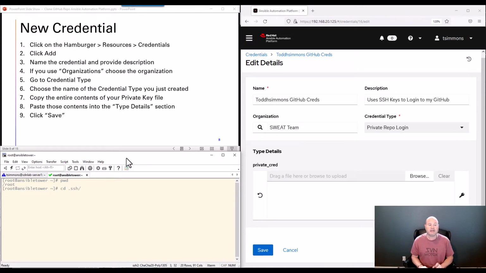So I'm just going to cd to the SSH directory. This shouldn't be new. And now I'm going to do a cat, and the file name that I used is GitHub. Just to show you real quick, if I do an ls in the directory, you can see I've got a couple different types of key